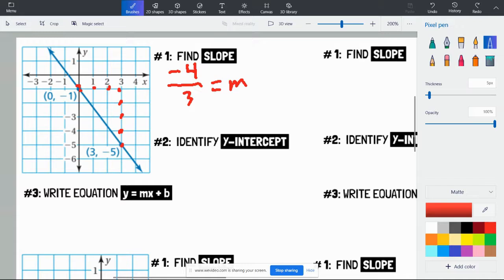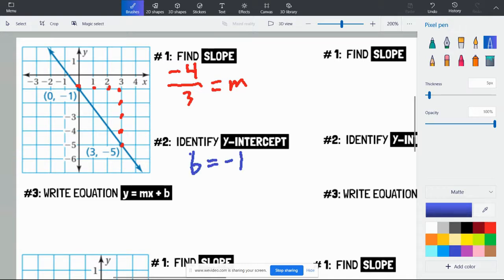Next thing we're going to do is find the y-intercept. This one's all nice and easy for us again because the y-intercept for this is given to us. One of the points is actually on the y-axis. So the y-intercept for this is just -1. It intersects the y-axis at -1. So b